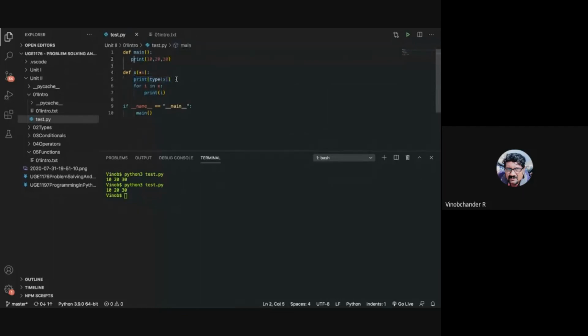So what should be here? Print A. So A 10, 20, 30, just A. So you can see it's a class tuple, right?